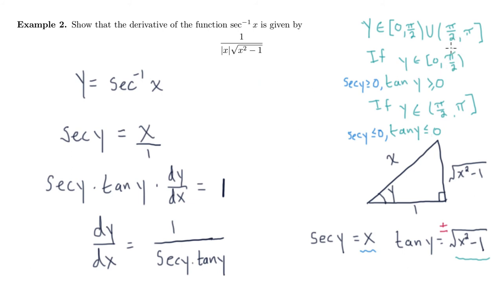What about if y is between pi over 2 and pi? Well, then both of these quantities are negative. This is going to be negative, and this is going to be the negative square root. But in that case, everything is positive again. So actually we're seeing that secant y and tan y that are showing up in the derivative are always positive no matter